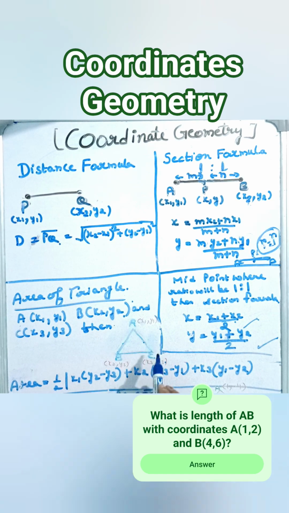Now area. If I have to calculate area of the triangle ABC in a coordinate system, like I have drawn here, the abscissa and ordinates of the points are given, x1 y1, x2 y2, x3 y3. Then the formula is 1/2. I will take abscissa and both ordinates other than that one. If I am taking x1, then ordinates 2 and 3 will be subtracted and multiplied by abscissa. Similarly here x2, if I have taken x2, then I will take ordinates 3 and 1. If I have taken abscissa 3,